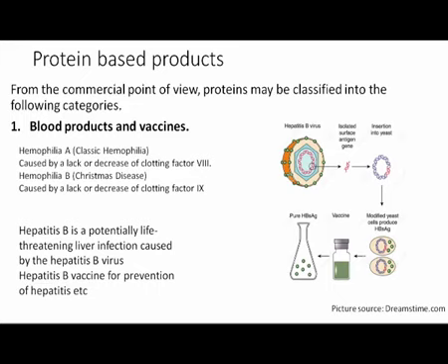So, one example is given here. You see hepatitis B, which is a potentially life threatening liver infection, caused by the hepatitis B virus. So, if you wish to get vaccinated against this virus, you need to prepare those vaccines, and for that what people do is, they take this virus particle, and then the genetic material of this virus particle, the section of the genetic material which probably codes for surface antigens or